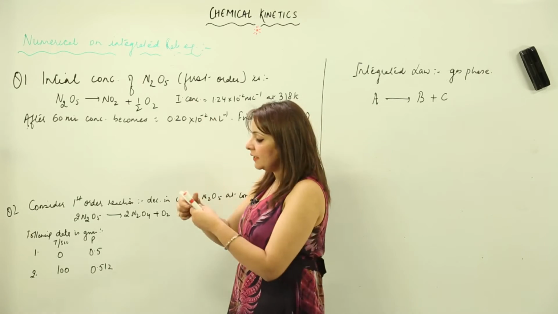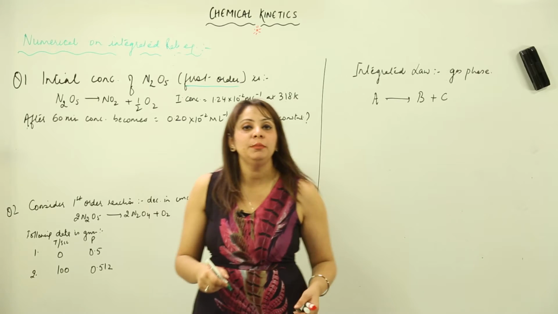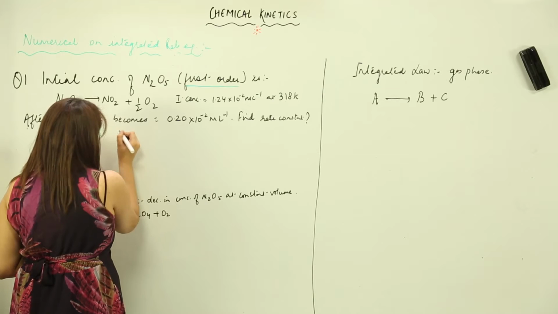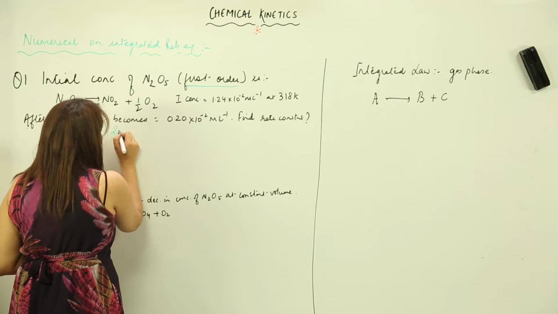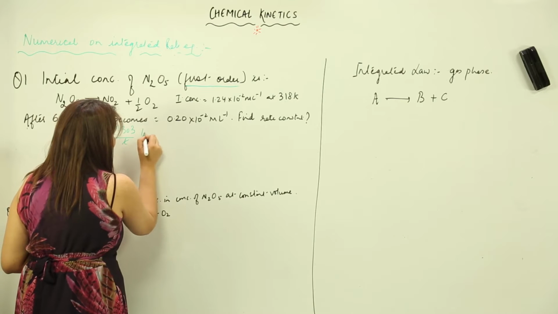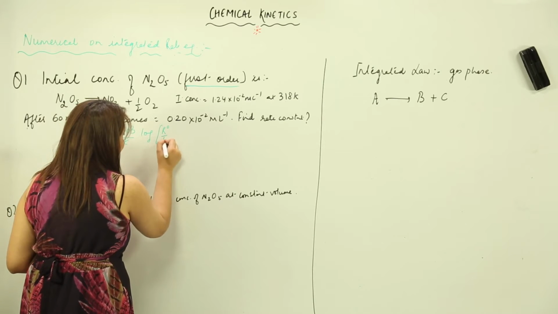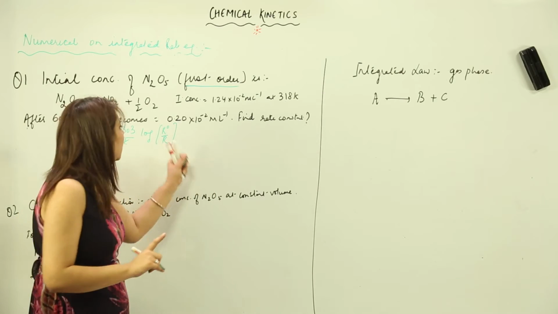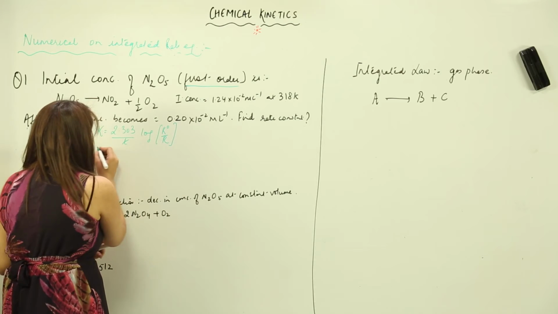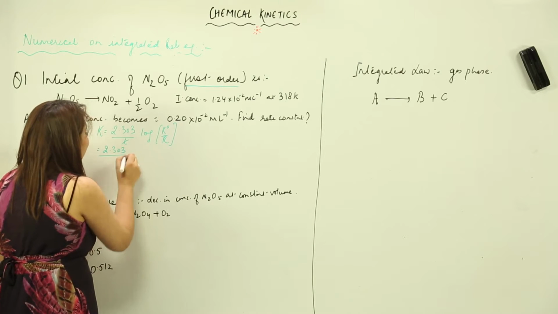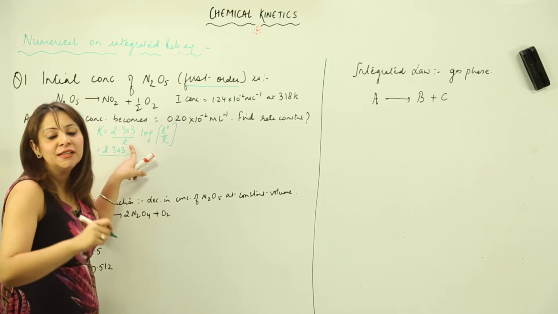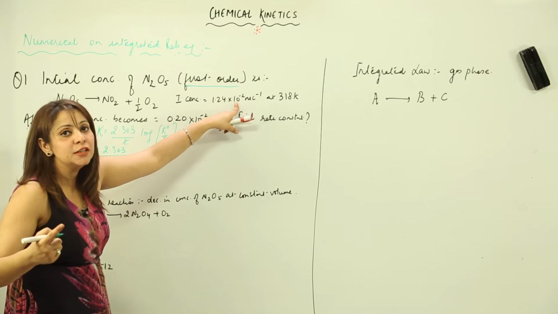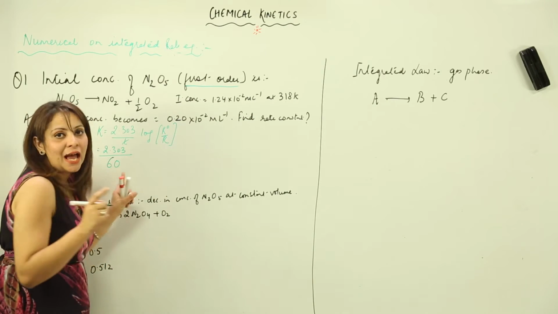As it is given to be a first order reaction, we have the expression k = (2.303/t) log(R0/R). You already know this expression for a first order reaction, as we derived it in a previous topic. So we put in the values: 2.303 over t, where t is 60 minutes. Initially t was 0, and when t increases to 60 minutes, we put t as 60 minutes.